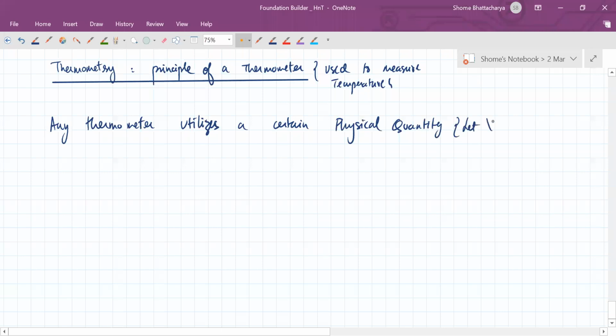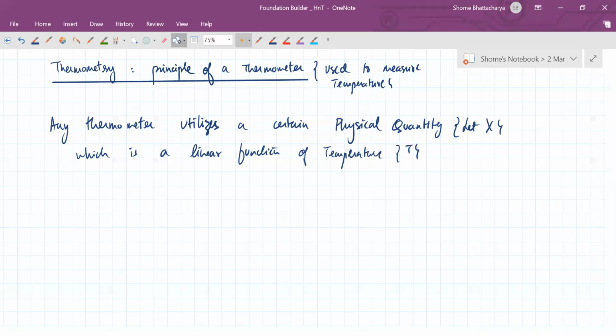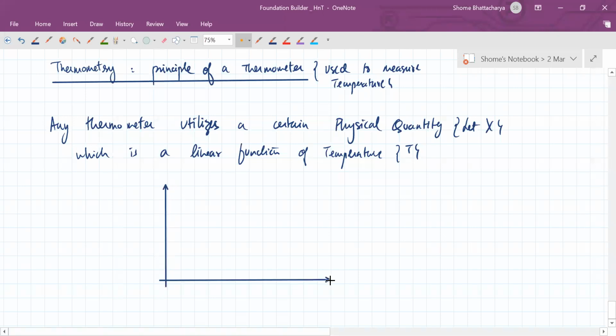Suppose that is some x, which is a linear function of temperature T. So the relationship between this physical quantity x versus temperature must be a linear relationship. For example, x could be the length of